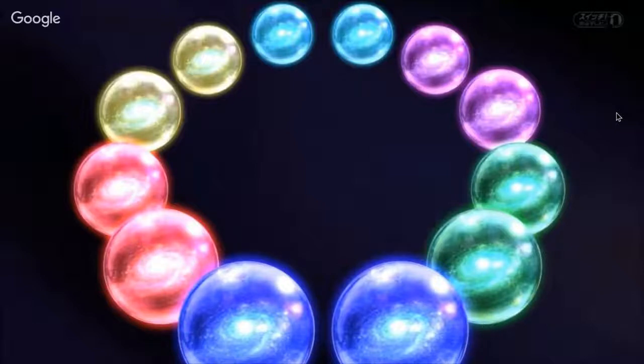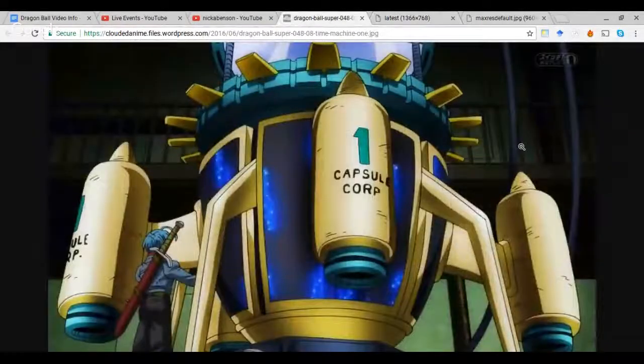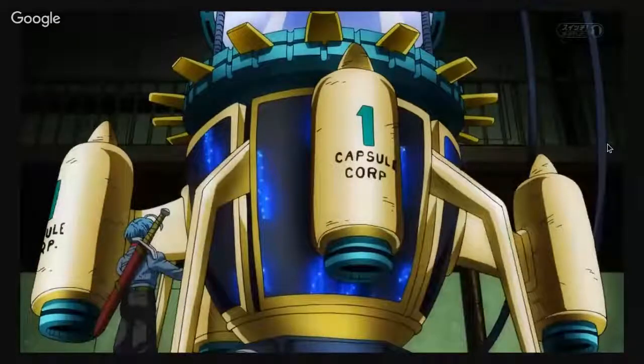But you can travel between universes by using the cube. And I've seen Beerus and Goku hold on to Whis' shoulder, and Whis just kind of appears to fly really quickly and travel between universes. So that's also a thing. So there is a way to travel between universes. Of course, the time machine, as well as the time rings, are a way for you to travel to